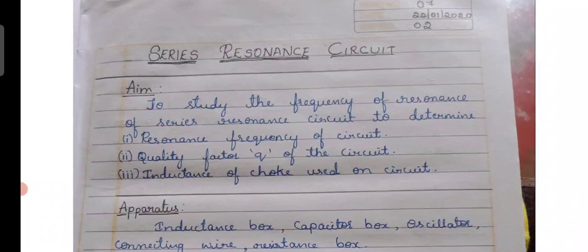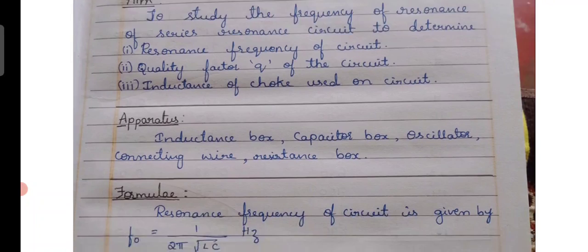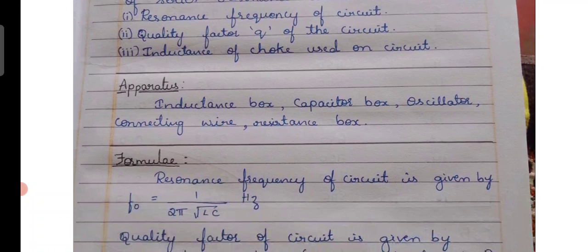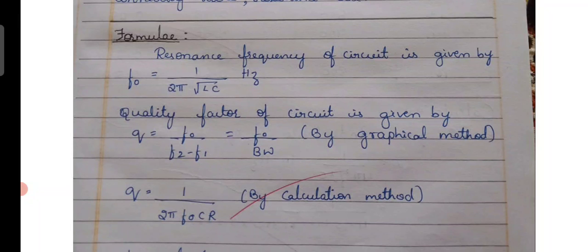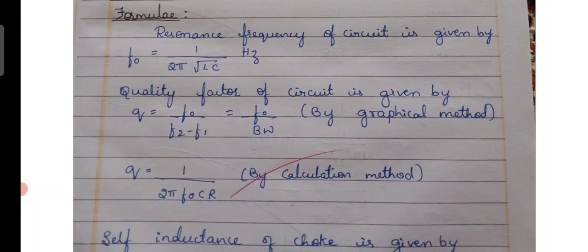For this experiment, the apparatus that are going to be used are an inductance box, capacitor box, oscillator, resistor, connecting wires and other things, and a multimeter. Then the formula which is going to be used in this experiment for calculation of the resonant frequency as a theoretical value